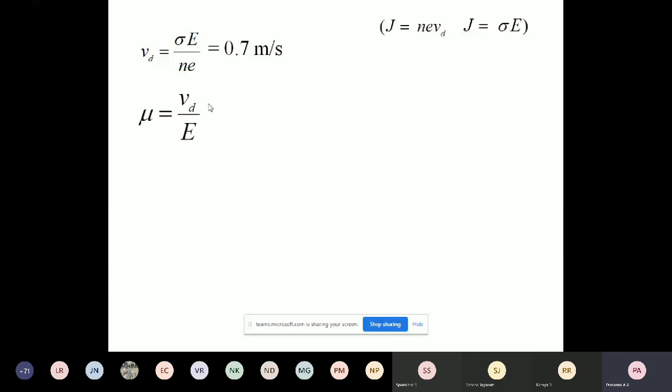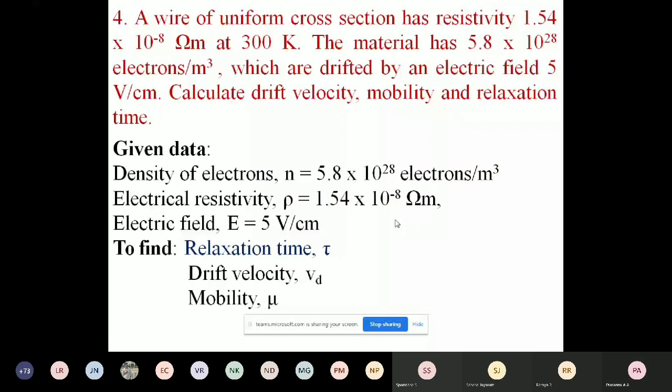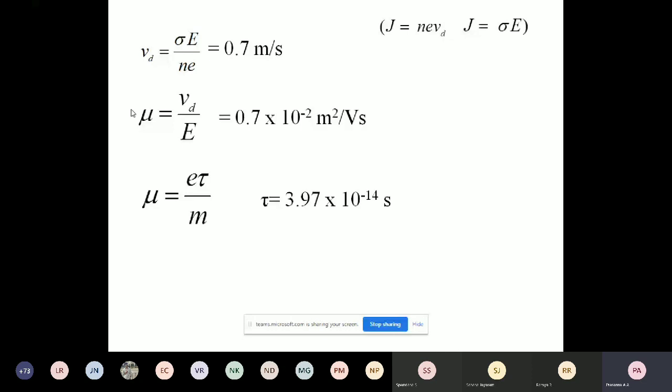And mobility, drift velocity per unit electric field, is the basic definition. Drift velocity is known. E is given, 500 volt per meter. Just substitution gives you this answer. And drift velocity is also defined by this equation, e tau E by m. We are interested to calculate the relaxation time. So on rearranging, you will get tau equal to mu m by e. Therefore, tau is 3.97 into 10 power minus 14 second. And I think they were the only two required values. Not only two, three. We have calculated all the three: mobility, drift velocity, and relaxation time. All three have been finished.